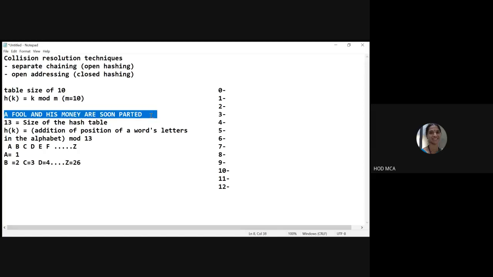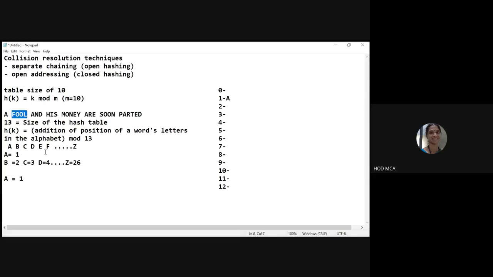We have to store each of these words. We have been given a sentence made up of a number of strings. So each of these words or strings, you have to store in one of the locations. So how are we going to store? Let us see. The first word is A. The position of A is 1. So that's all. In the first location, you are going to store A, over, because there are no more characters in A.